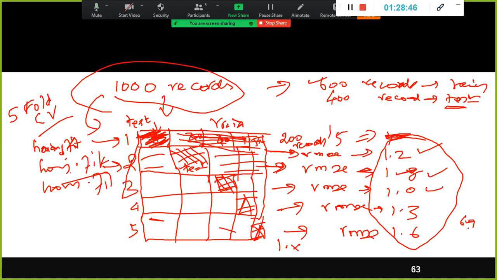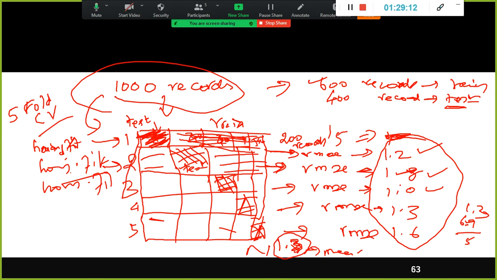How much do you get? 5, right? 6.9 divided by 5. Roughly 1.3, let's say 1.3 or something, right? 1.3. This is the RMSE, the average, the mean RMSE value.